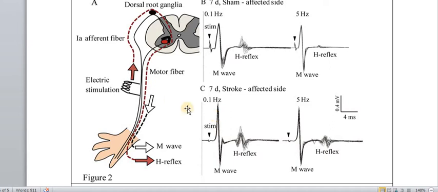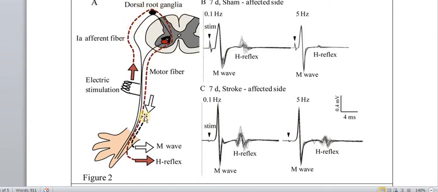So now you know, if from the M wave you see that the muscle nerve conduction velocity is good, but for the H wave the NCV is less. That is computerized calculation of NCV. So then you can say that there is some problem in the nerve at this area or this area or this area, because this area is covered by H and only this area is covered by M wave. So by these studies you can evaluate the higher and the proximal part of the nerve or neuron.